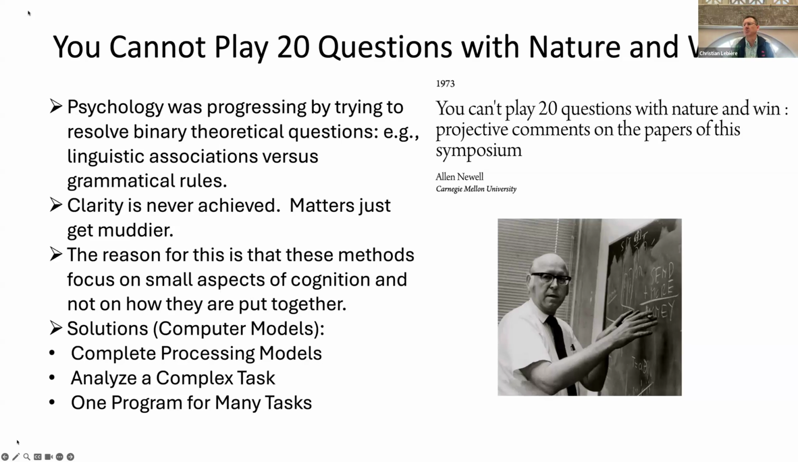back to the root. So what he suggested there was the development of computer models that could do complex task in their entirety, do all the stages of the task, and also have a general approach to cognition that wouldn't focus just on one particular task, but one single program that could do many tasks. So he